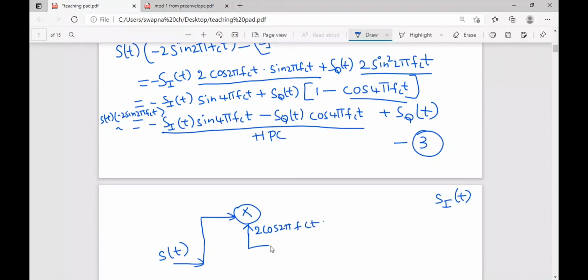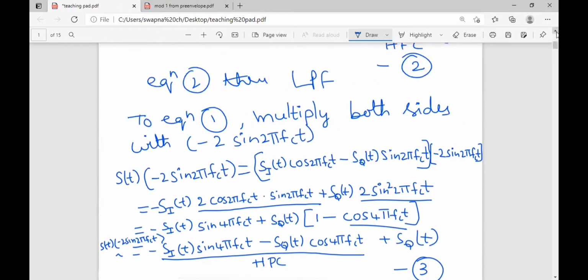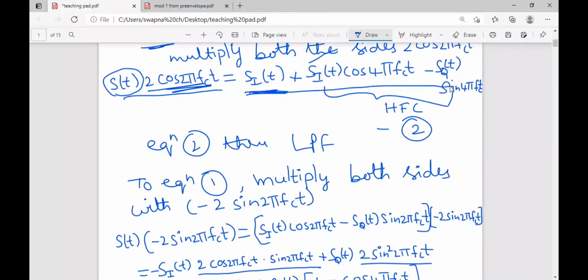Okay, how will I get it? It is a sinusoidal signal, right? So how can you generate sinusoidal signals? Oscillator, right? So I'll use one local oscillator so that this 2 cos 2 pi fct will be generated. See, this c is a suffix, okay? It is not multiplication, it is a suffix. Okay, so s of t you are getting from here. This s of t signal is coming to this multiplier, and 2 cos 2 pi fct is coming through the local oscillator. Then what I'll get? The resultant will be the right hand side equation.